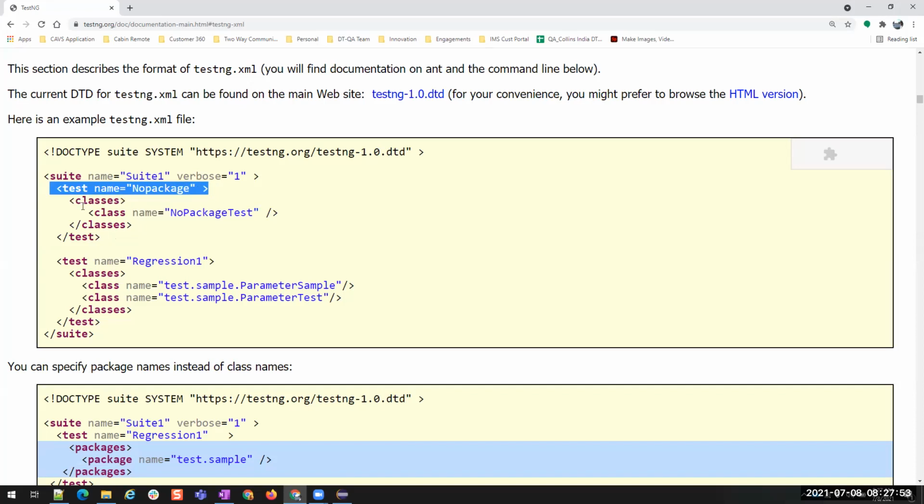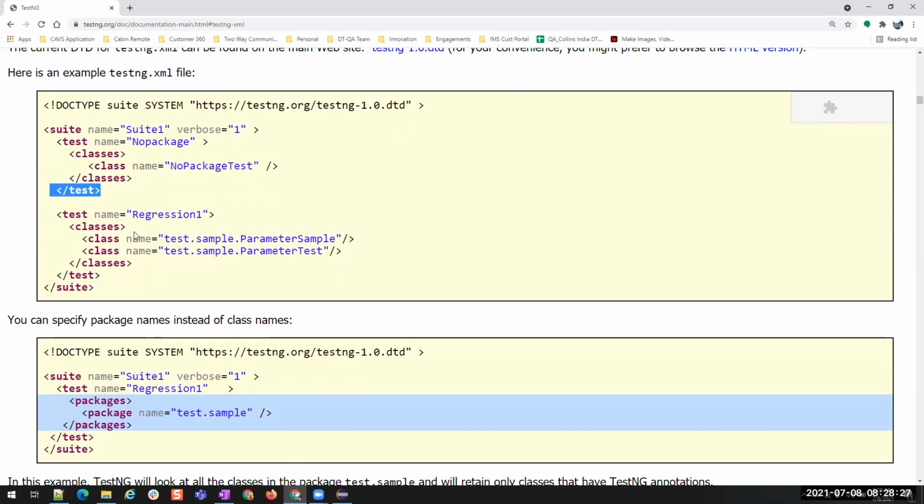Okay. Then here I have classes. Before entering into each of the class, my before class method will execute. Inside the class, I have test case methods. So that method, before executing each method, my before method will be executed, and the test case method will be executed, and after it my after method will be executed. Then now I'll close my classes, I'll close my test. All right, so after classes, after test.